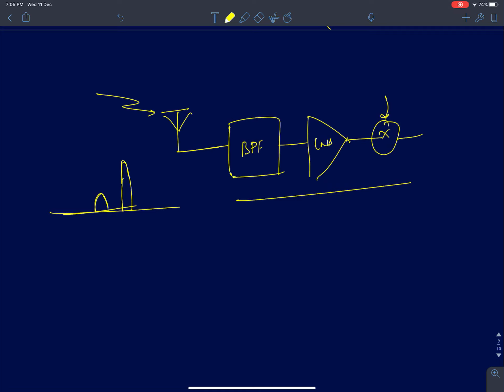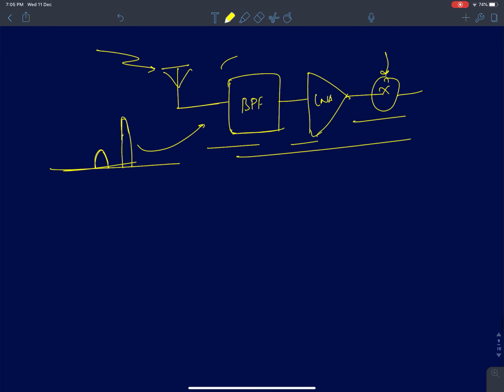Because of these interferers, they have to be sufficiently filtered out by the band pass filter, low noise amplifier, or subsequent circuits after that. That's the reason why we said we need a big band pass filter at the beginning. Normally these band pass filters turn out to be passive filters, because an active one, for example a low noise amplifier, also behaves like a band pass filter. But the problem is that you need those blocks to have very high linearity. So the linearity of this band pass filter is a very important specification,